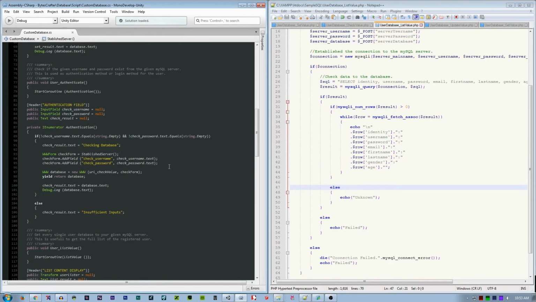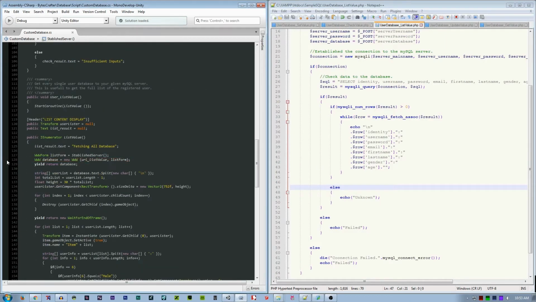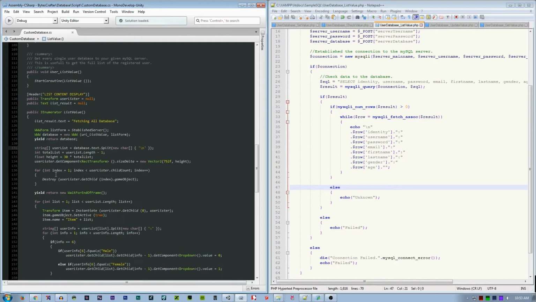So to continue, we use the URL and then the list form here above, and then yield return. This is the reason why we use IEnumerator instead of void, because this will allow us to wait for the database to be downloaded completely before processing the database. So here we have an array of string, which is equal to database.text.